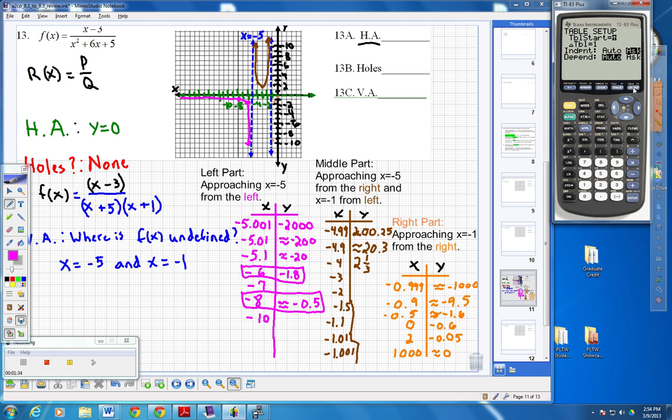So I go to my table by hitting second and graph, which is the table function. You can see it right there. You have to excuse my cold today. And I like to enter in these values. I really should start all the way to the left, so we're actually going to start with -100. At -100, what is the y value? At -100, the y value is very, very close to